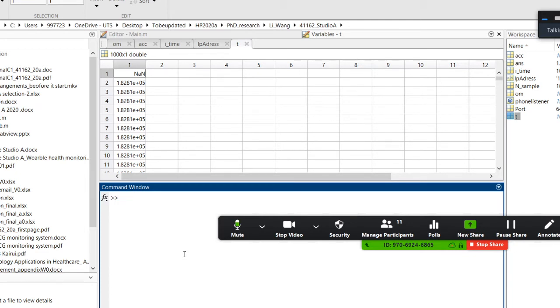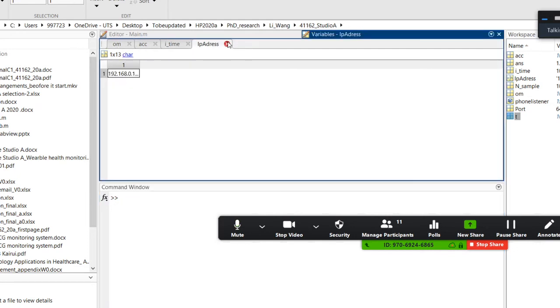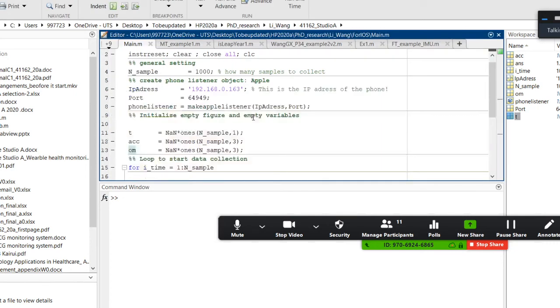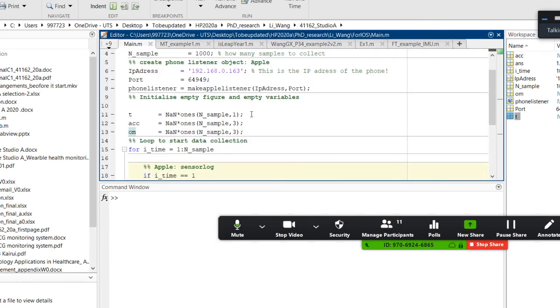So I stop here and I go back to the main code. Don't worry, we will reorganize the groups to make sure every group has at least one iPhone and one smartphone, sorry. After we get all the information, we can do simple